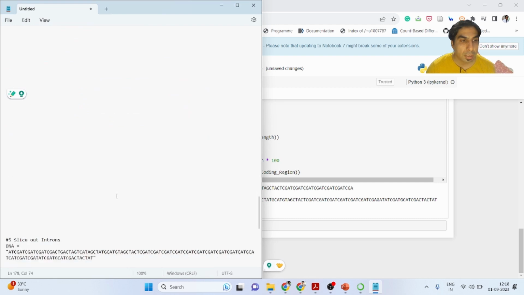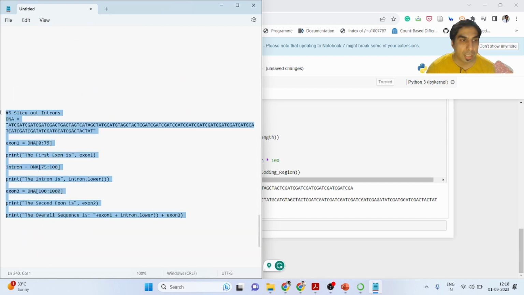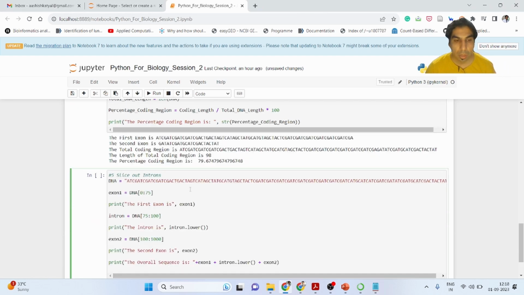You can see this in the last experiment, or the last script. Here this is the first sequence which we have taken, the same exonic region, and the other exonic region, 0 to 75 and 100 to 1000. In this case I am taking 75 to 100.